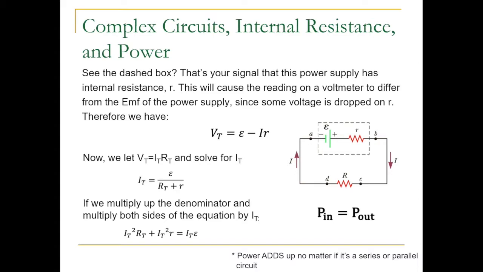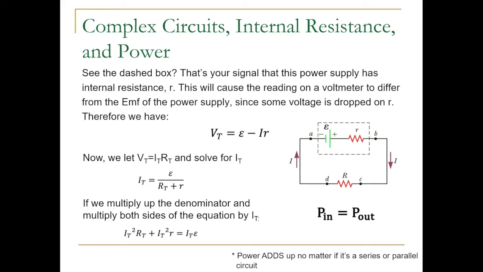And inside we can represent it according to these two devices, a power supply and a small resistor, which we'll label as lowercase r. Now, the power supply is going to produce a voltage that is the ideal voltage for that given supply. But what's going to happen is, once this voltage is generated and it produces a current that leaves the power supply, it's going to hit that small resistor and have to drop some of its energy on that resistor, which means that if we hooked up a